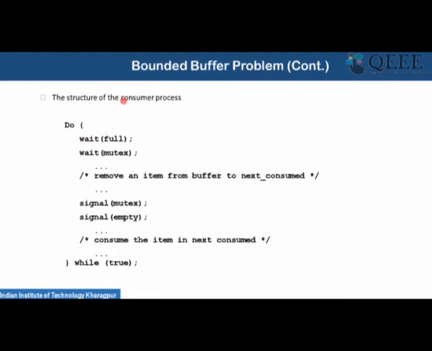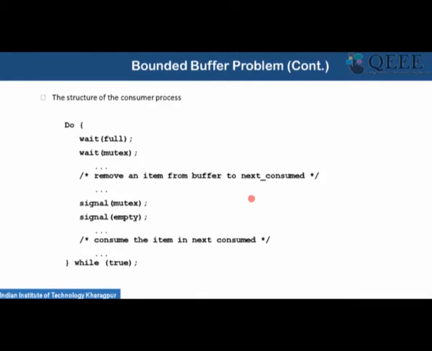The consumer waits on the full semaphore, which is initialized to 0. So until a producer produces something, a consumer cannot enter, and once the consumer consumes the element, it signals the empty semaphore, which is initialized to n.